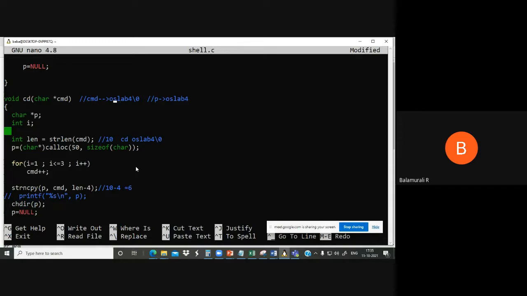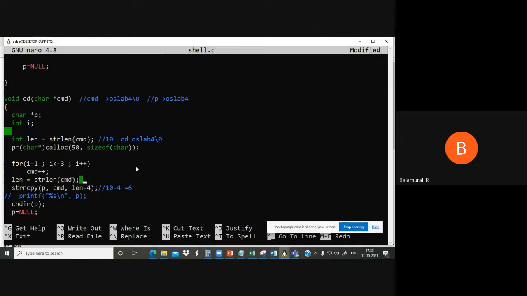So this is currently CMD. The first 6 characters means it will copy O, S, L, A, B, and 4. That's all. So it will ignore the /0. Are you getting it? If you find this confusing, instead of calculating the length here, you can write it here: length is equal to strlen of CMD.